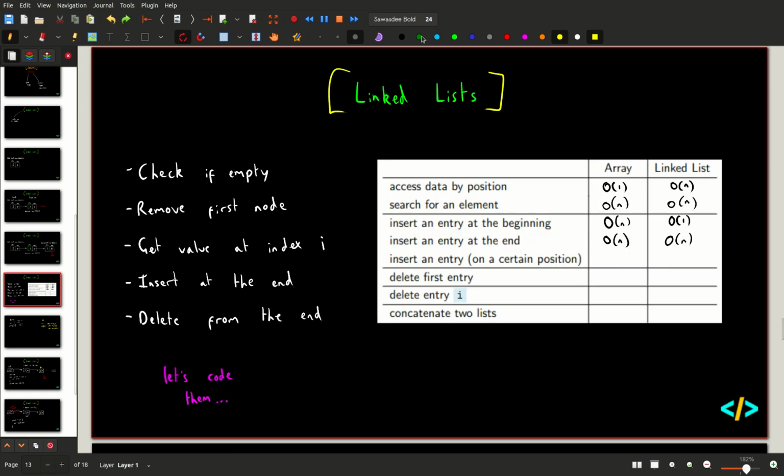Right, inserting an entry at a certain position. So with an array, again, this would actually end up being O of n. It's just the same as inserting at the beginning, but we don't have to shift all of them, we just have to shift a few of them, depending on where we want to insert it. With a linked list,